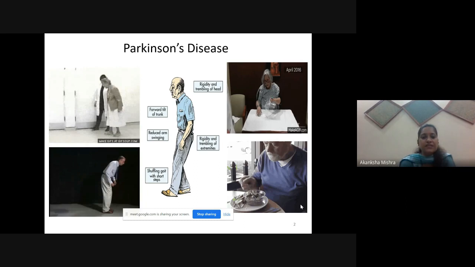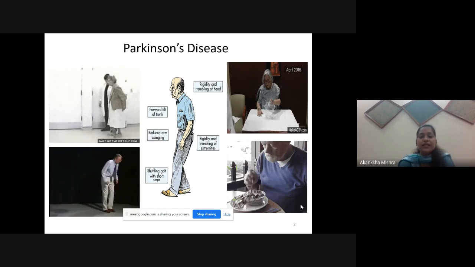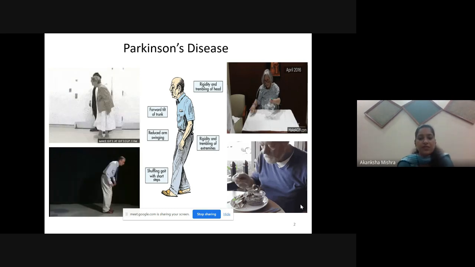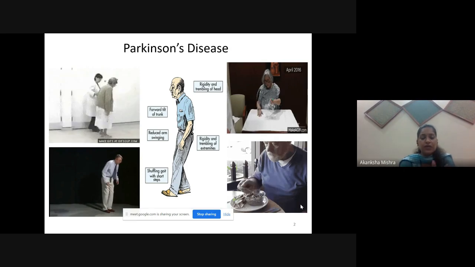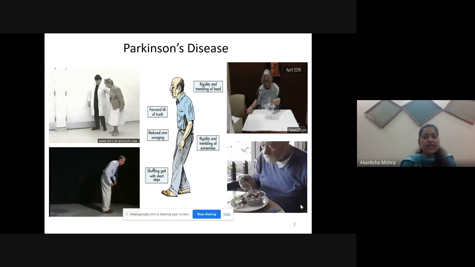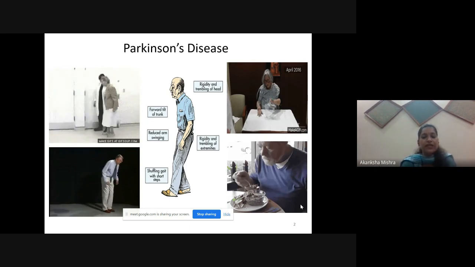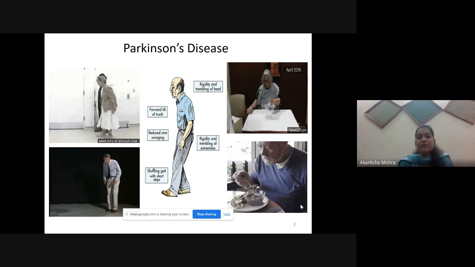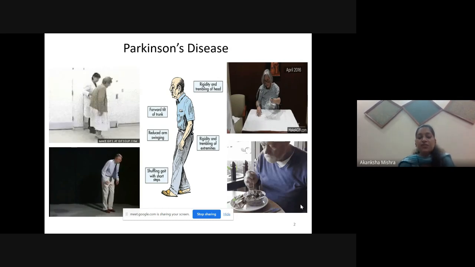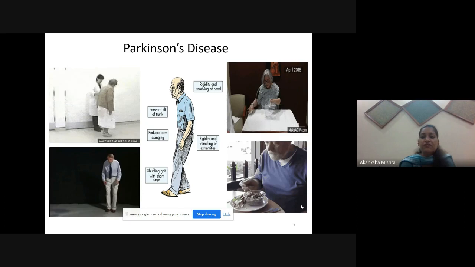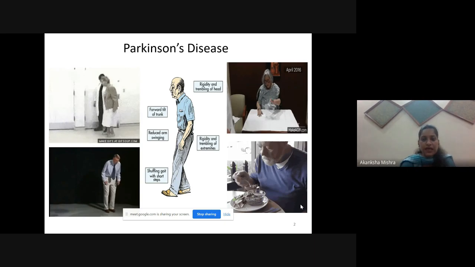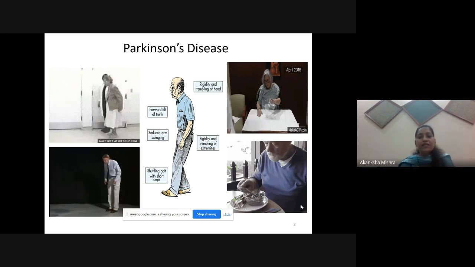So, what is Parkinson's disease? Basically, Parkinson's is characterized by various symptoms, which include rigidity, reduced arm swinging, postural instability, gait problems, and tremors. On the screen, we can see two sections. On the left side, we can see the defective postures and walking patterns of Parkinson's disease patients. Whereas on the right side, we can see the tremors, which are usual symptoms of Parkinson's disease. Tremors reach such an extent that it is very difficult for the patients to perform day-to-day simple tasks. So this is the basic representation of what Parkinson's disease is.